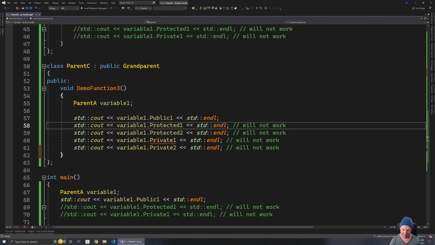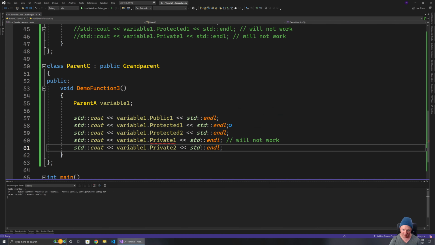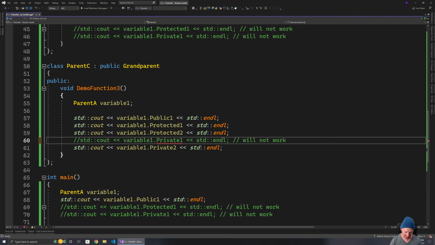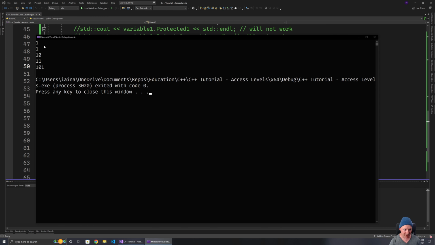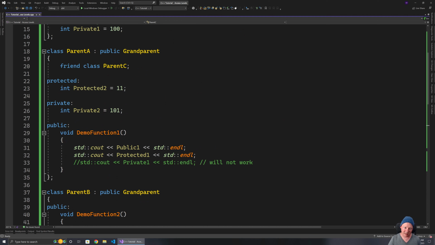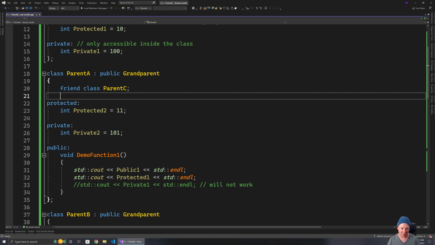Notice we can. So, and we'll double check by actually running it. We need to make sure we comment out this one because we know this is not valid. So we can see we did get a bunch of ones output. So that's good. So friend has allowed us to access information that is private and protected within this class, but